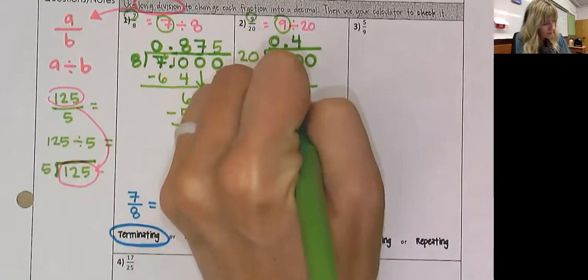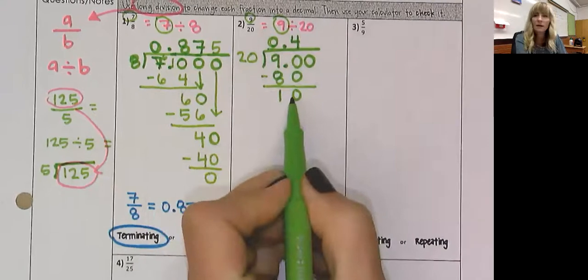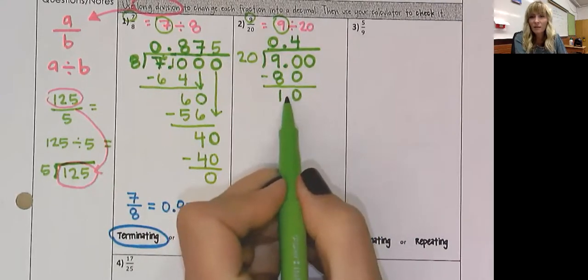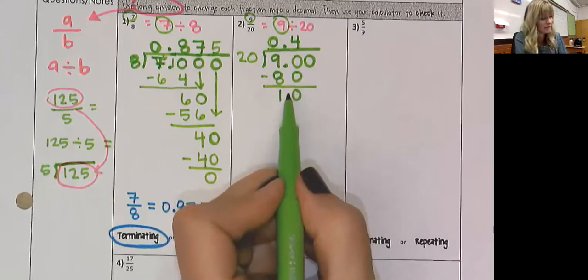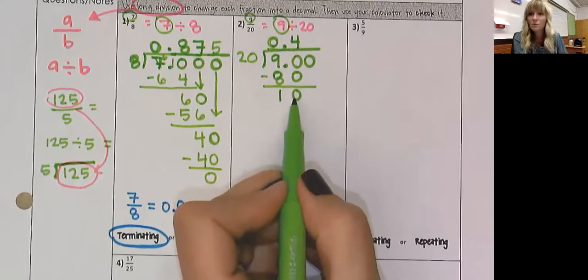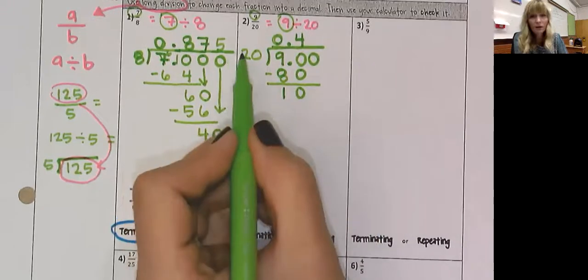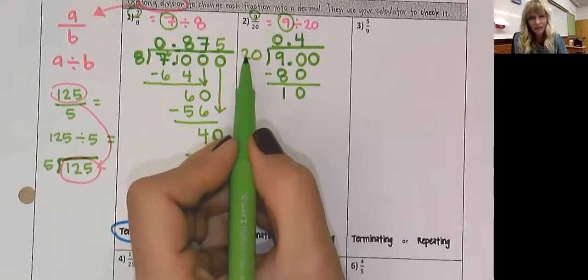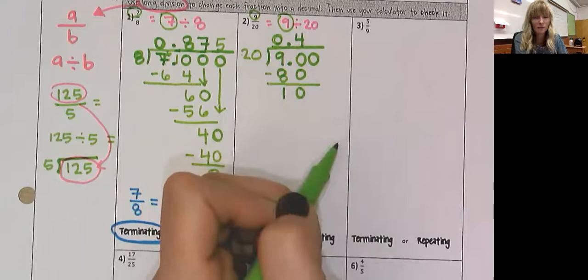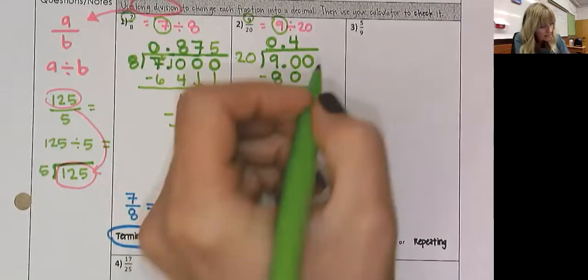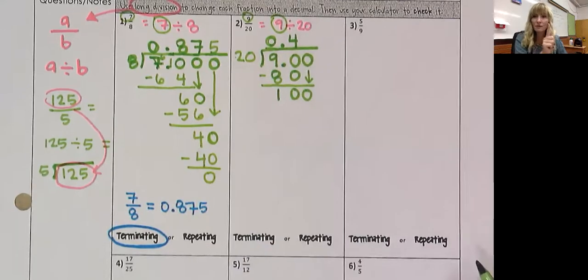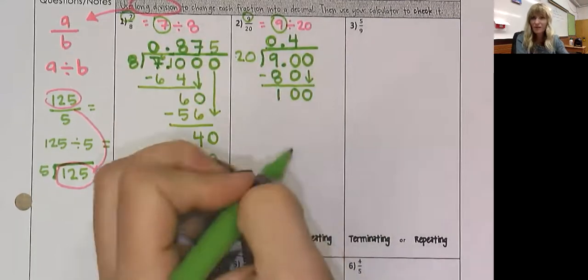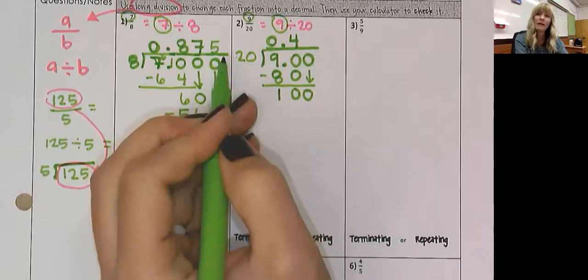Now this number that you get here, sometimes people get confused and forget to bring down when they get a number that's more than the ones place. What matters with this number, the number you get when you subtract, is that it should never be bigger than what you're dividing by. If it is, then you didn't go high enough on the last one. 10 is smaller than 20. I still need to bring down. You always bring down one place value at a time. You subtract, make sure that number you got is smaller than what you're dividing by, and then you bring down